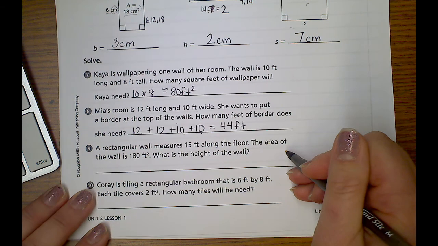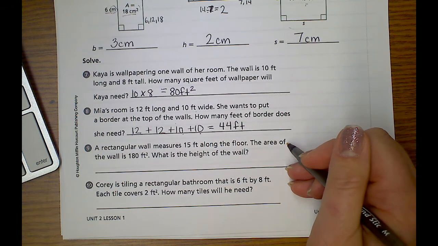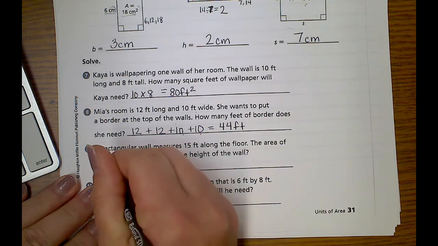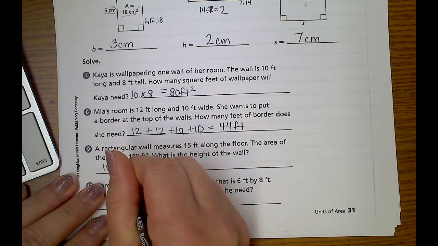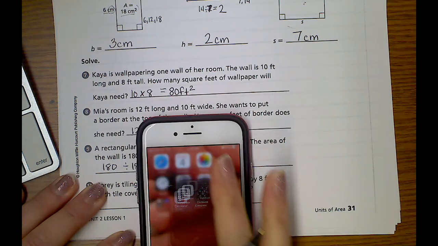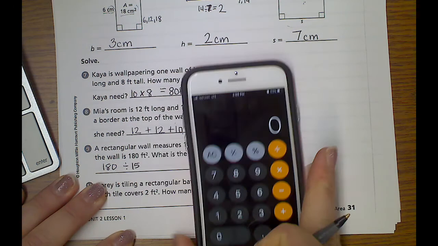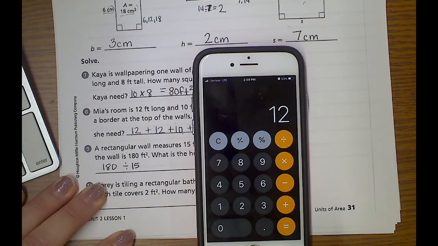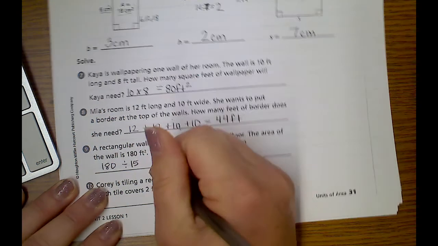So let's pretend we don't know that, or pretend that this is not true in this case. So we know that we have 180 feet, and we are going to have to divide it by the 15 feet that are left. So I would take my calculator and put 180 divided by 15. Which gets you a 12-foot high ceiling,